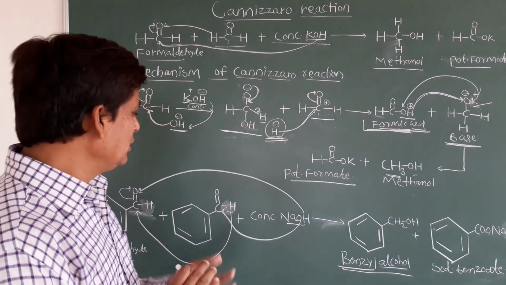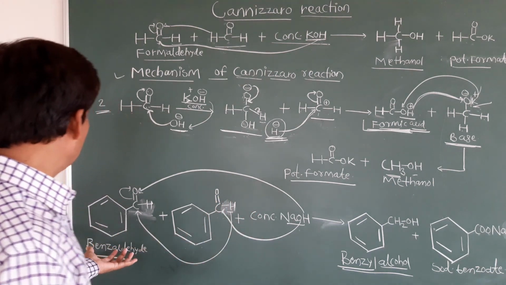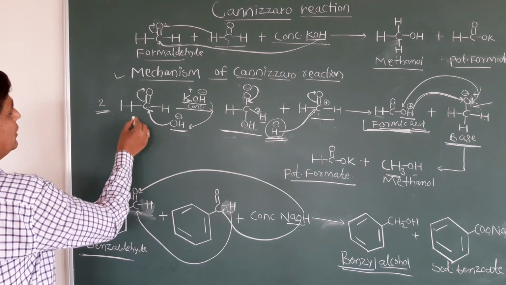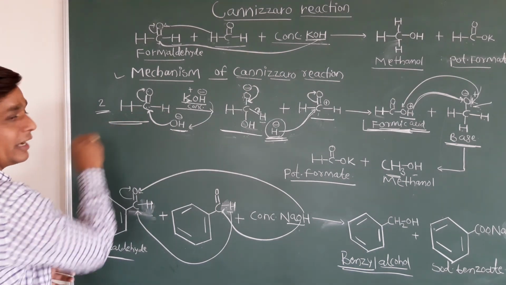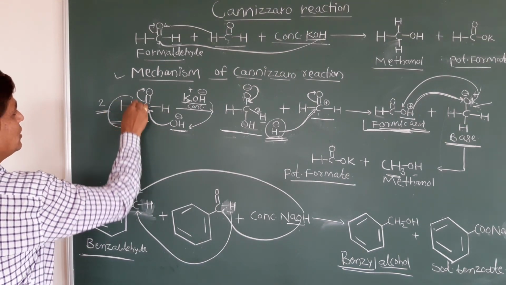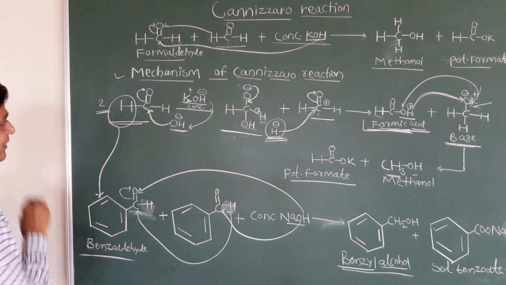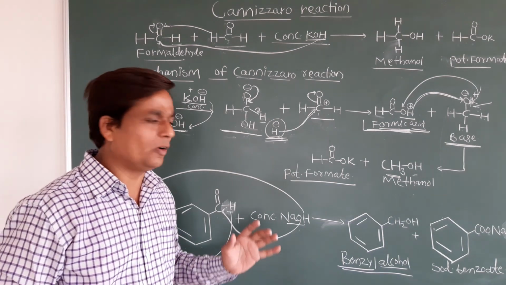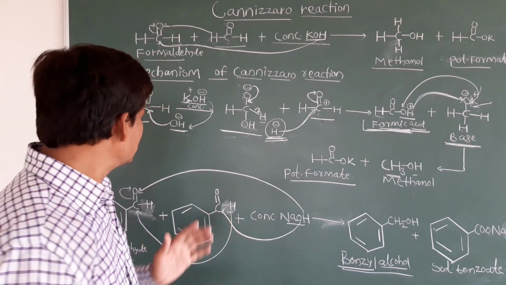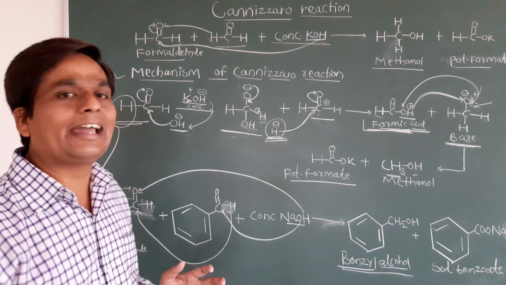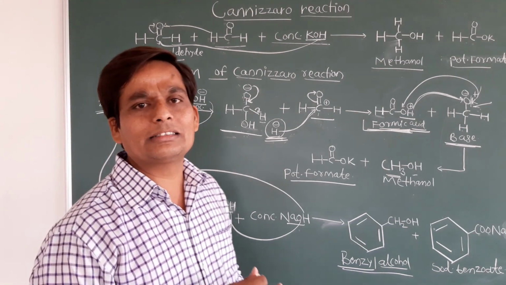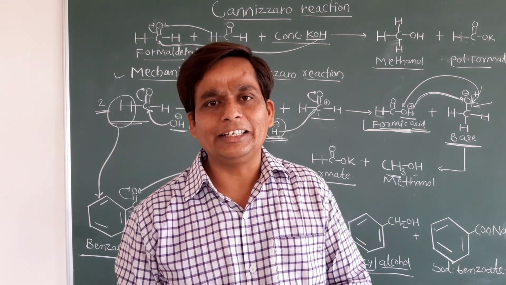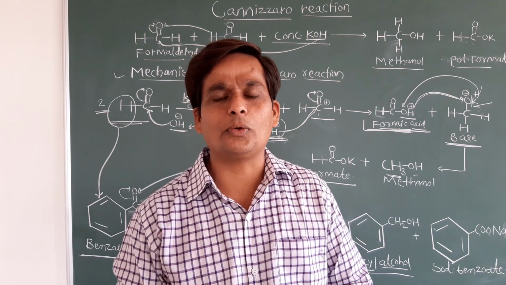Now clear, students? So you can check the same mechanism in this benzaldehyde molecule. What should you do here? Instead of this hydrogen, here I have taken the example of the formaldehyde mechanism. You can remove this hydrogen and here you can substitute the benzene ring. You will get the same mechanism. Okay, you can try. So this is your homework. Now clear, students, everybody, how this mechanism goes on in the Cannizzaro reaction. So in the next class we will discuss another important reaction of aldehydes and ketones. So students, thank you so much for watching this video.